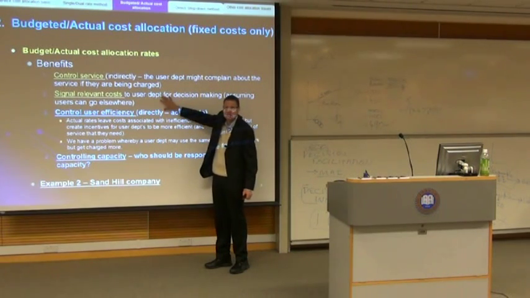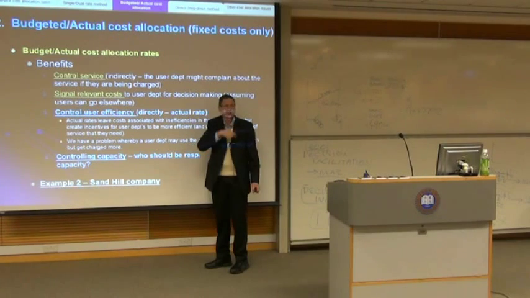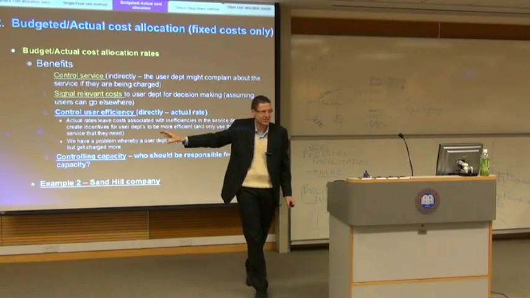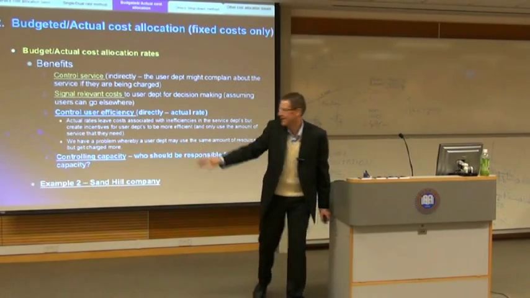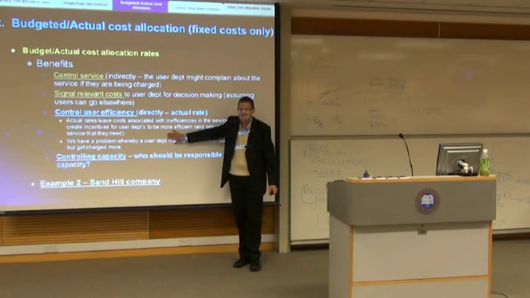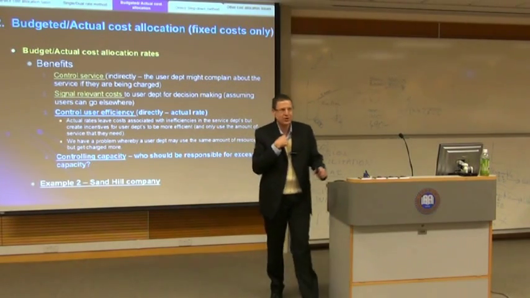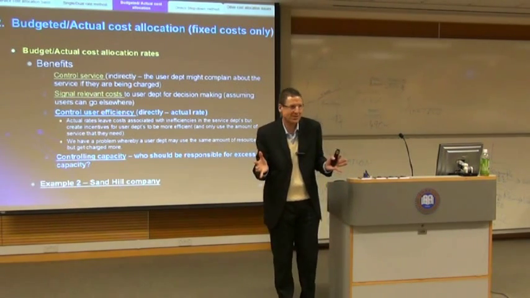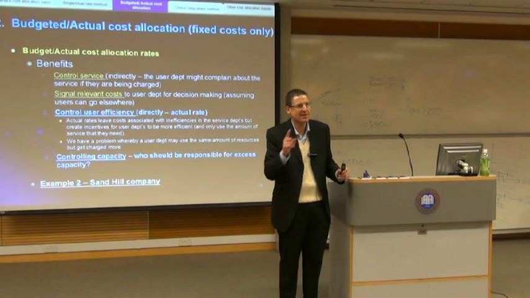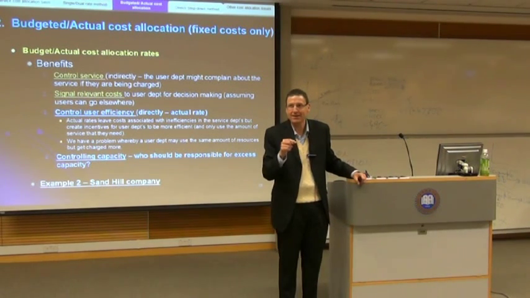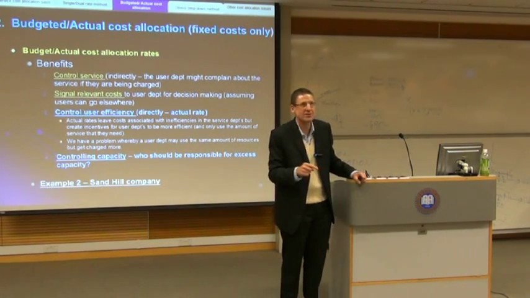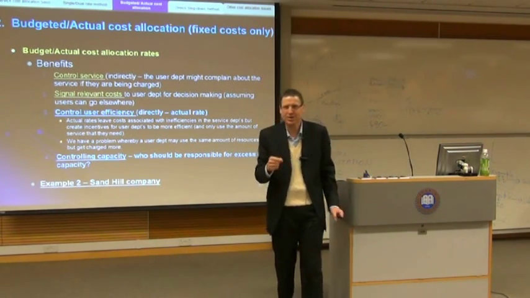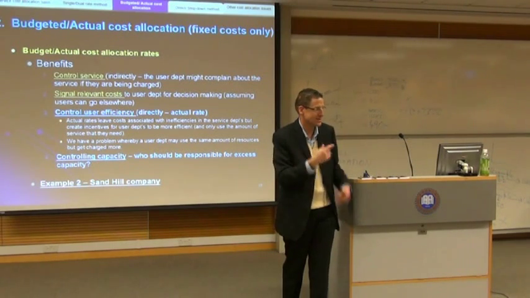Signal relevant costs, we showed you that by stopping you from outsourcing. You don't see $450 to avoid, you see only $200 to avoid, right? The variable costs. Next, you control user efficiency. Now that you're charging me for use, especially the variable part, fixed, I can't do much about that, all right? I'm stuck with it, okay? But the variable, I can influence that, so therefore, I may not ring the technician because I get a variable charge